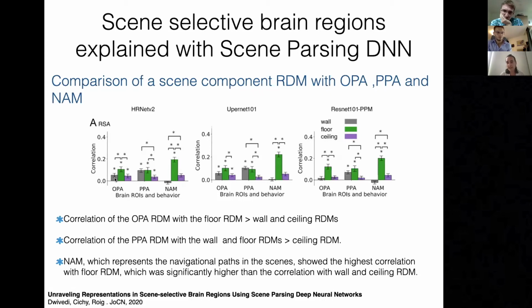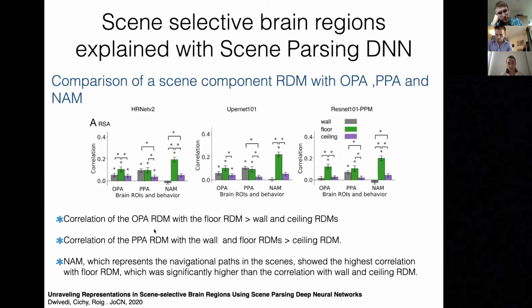in most of the cases, floor was more encoded in OPA. This also makes sense with the previous findings and conclusions of the literature, that OPA is more related to navigational affordance, because you navigate through the floor, right? And in PPA, the RDMs with wall and floor are the ones that encode more information, more than the ceiling RDMs. And this also kind of makes sense because